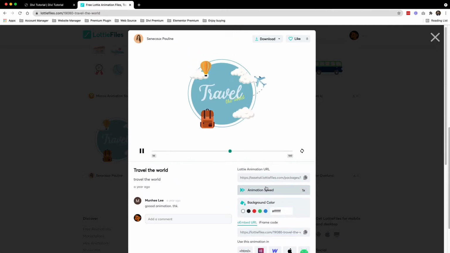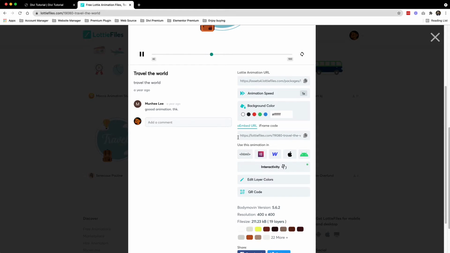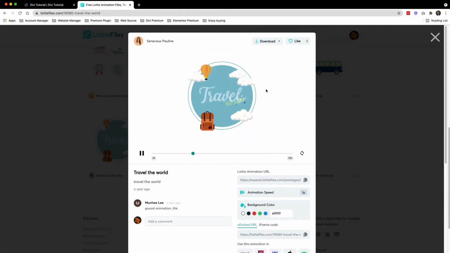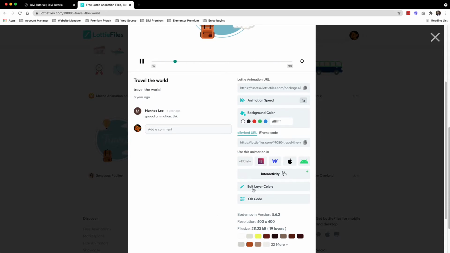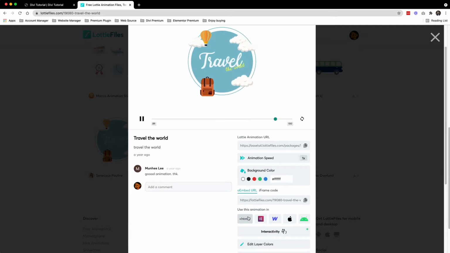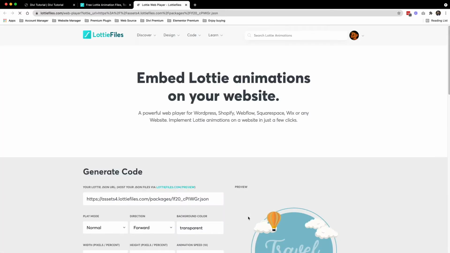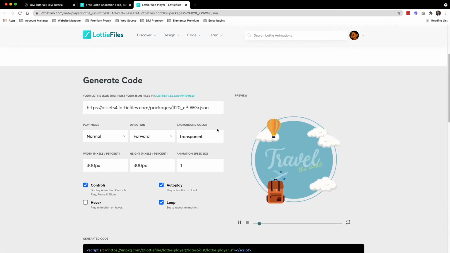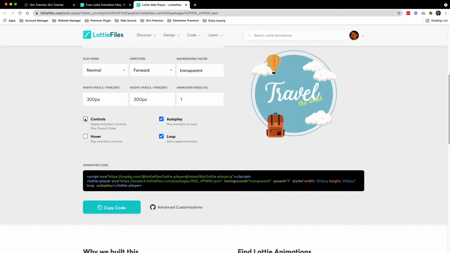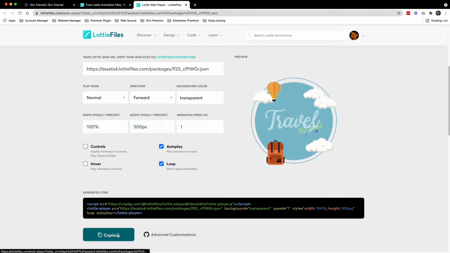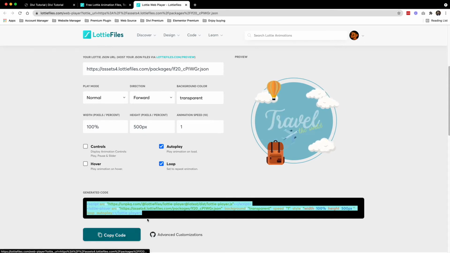Okay, so right now you are in this section here, and if you want to change any color here, just click edit layer color, or if you want to import it to your website, use HTML, and another page will open. I don't want to show the controls. This one I want to show at 100% width, and the height I want to show at around 500 pixels, and copy the code. How can you copy the code here? I can click here, copy the code,